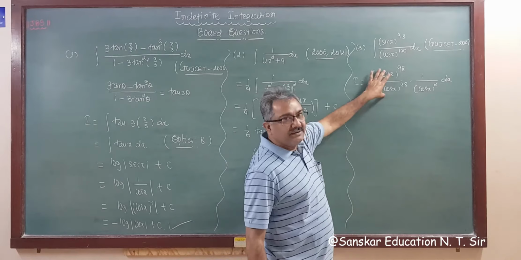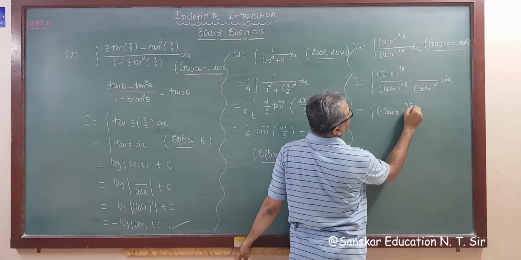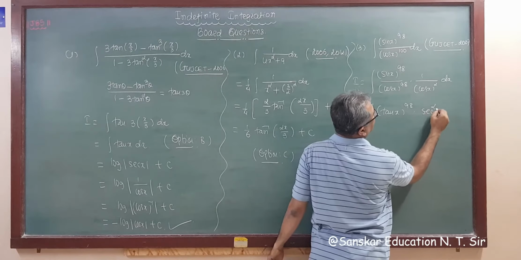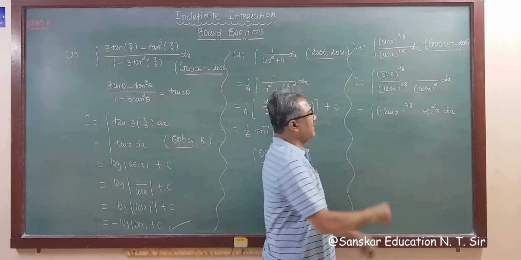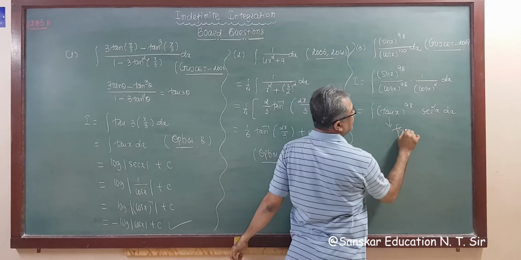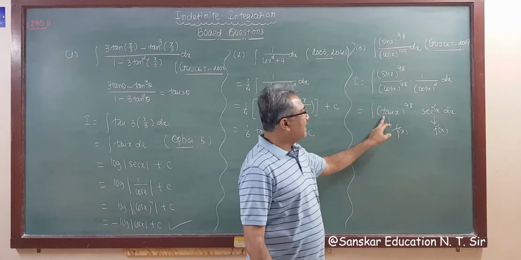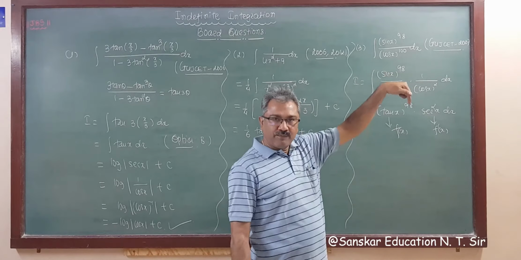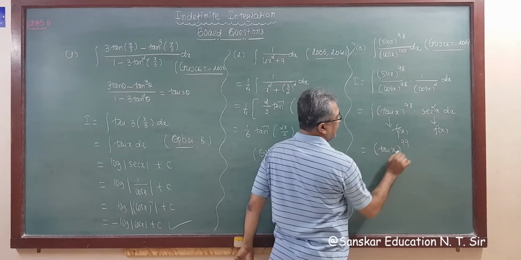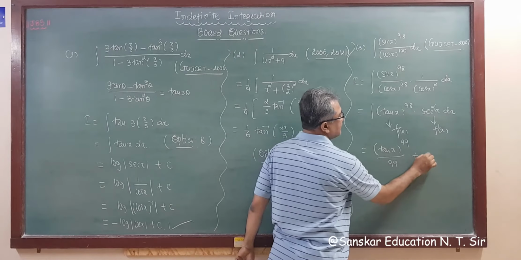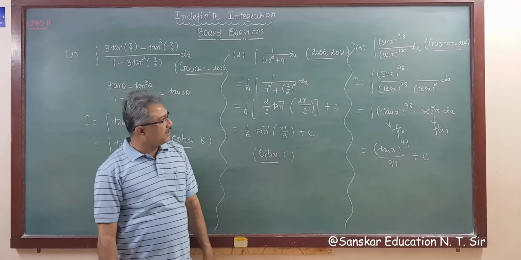Now this is tan x. So this is integration tan x raised to 98 into sec square x dx. This is f(x), and the derivative of tan x is sec square x, so this is f dash x. So the answer is f(x) raised to n plus 1, one power more, so n plus 1, that is tan x raised to 99 upon 99 plus c. This is your answer. So option C.